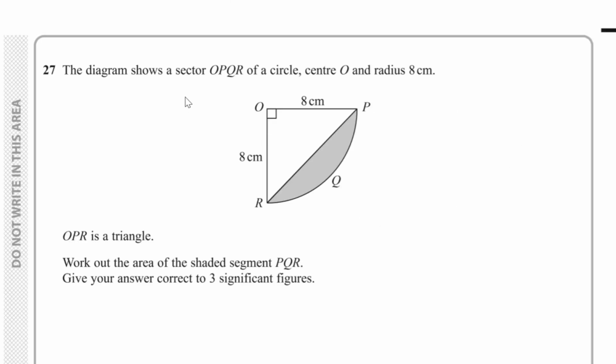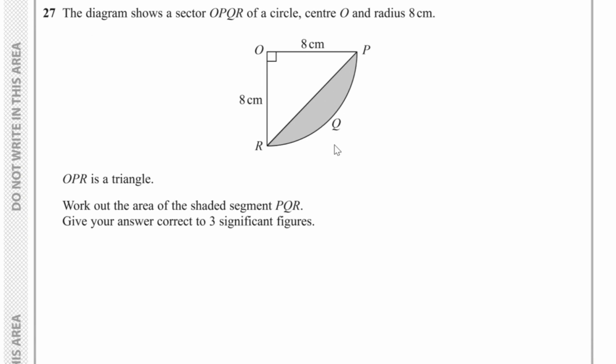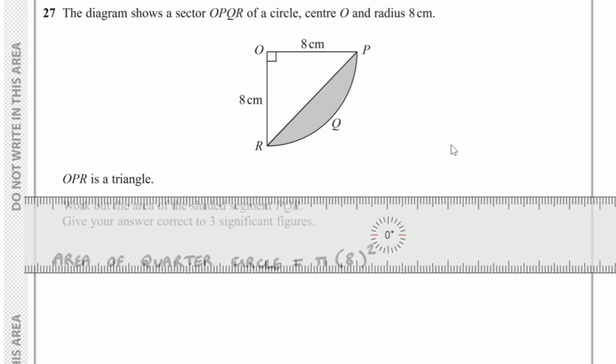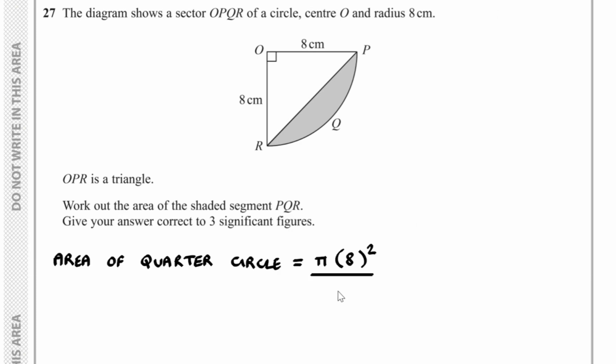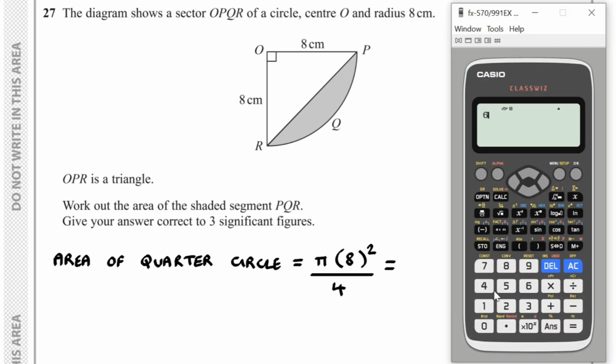Question number 27. The diagram shows a sector OPQR of a circle centre O and radius 8 cm. OPR is a triangle, and what we have to do is work out the area of the shaded segment PQR, giving your answer correct to 3 significant figures. Well, we've got a quarter circle. What we can do is find out the area of that quarter circle. The area of the quarter circle is pi times the radius squared, and then I need to divide this by 4. So the area of the quarter circle is equal to 64 divided by 4, which is 16 pi